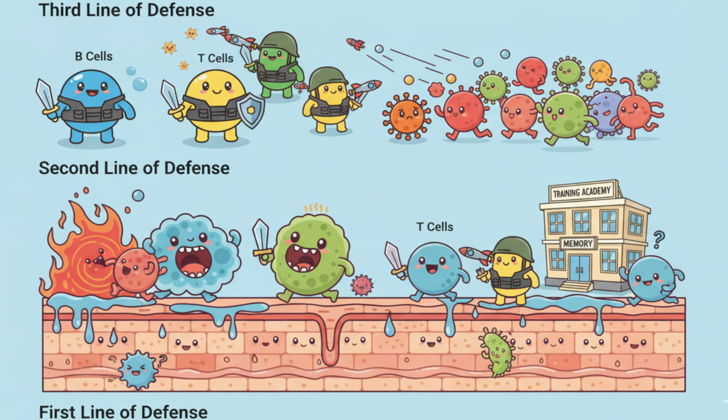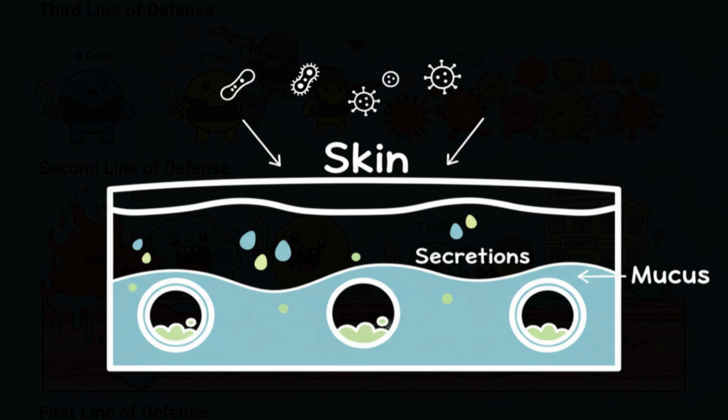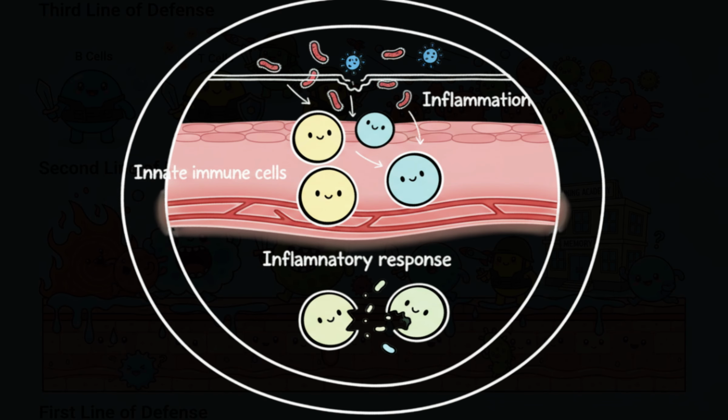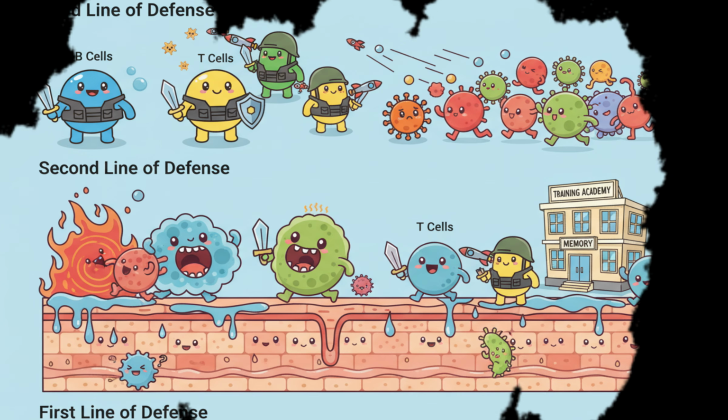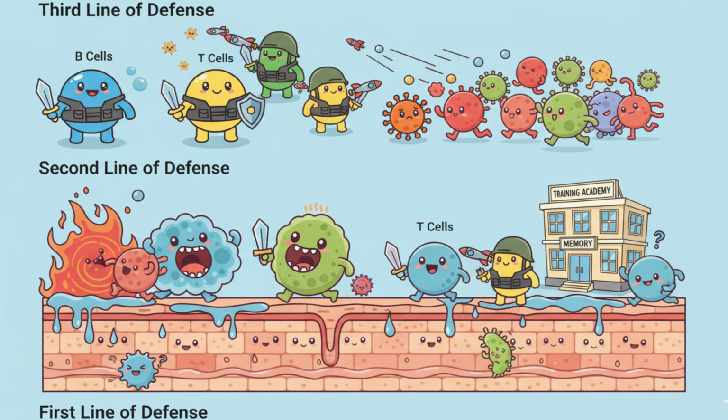These two systems work together to form three lines of defense. The first line consists of physical and chemical barriers such as the skin, mucous membranes, and secretions. The second line includes innate immune cells and the inflammatory response. The third line is adaptive immunity with B cells, T cells, and antibodies. From here, we will explore each of these defense lines in greater depth, beginning with the most silent protective layer,